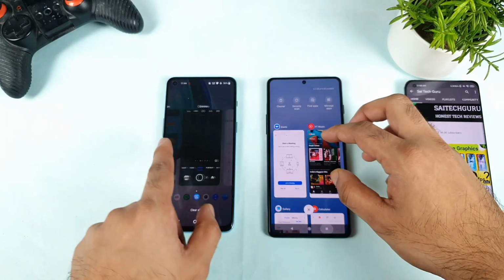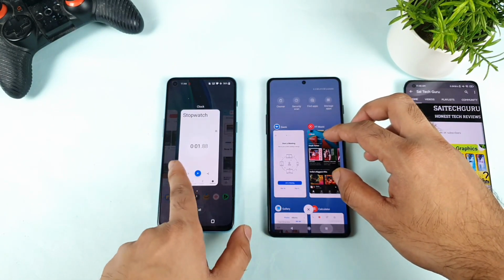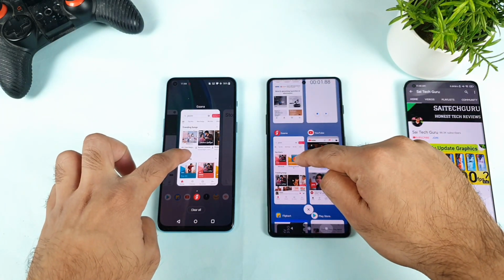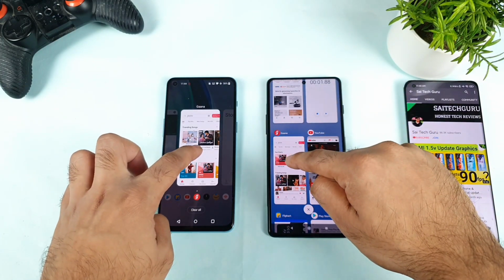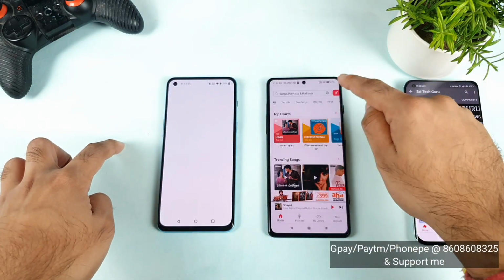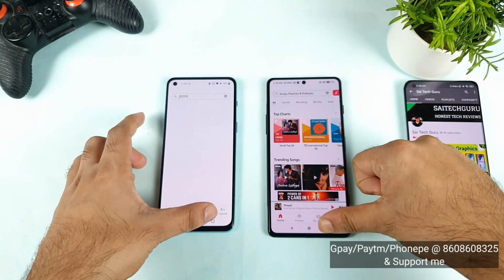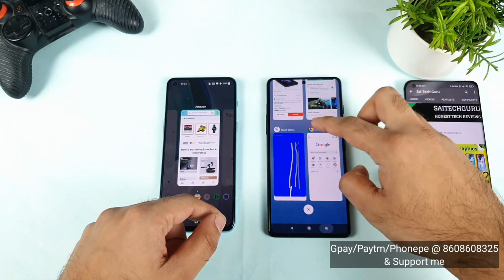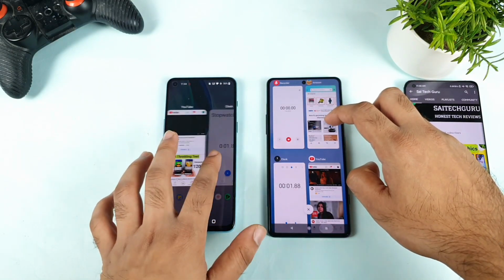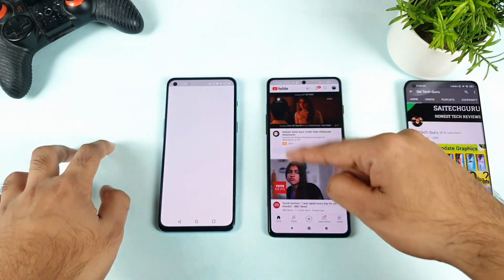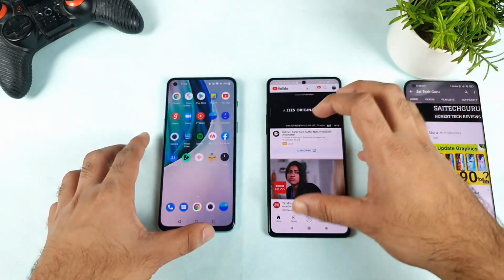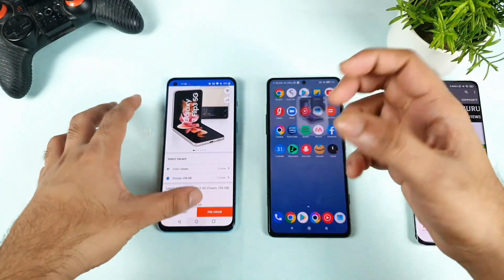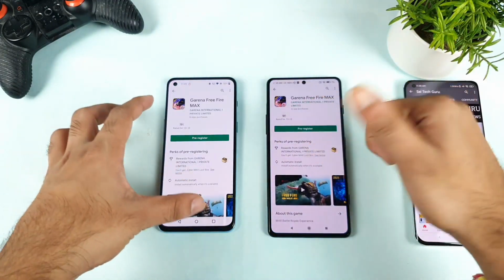And next, let's check the Gaana application. So Gaana should be somewhere around here. Yes. Yeah, Gaana. Let's see. As you can see in the background RAM management, you can actually see Gaana clearly. 1, 2, 3. Perfect. Poco F3 GT, perfectly done. As you can see, the difference how it is. And next, check YouTube. So the YouTube application should be here. 1, 2, 3. As you can see, YouTube, same page as it is. Perfectly done. And Flipkart, same. It was able to load faster, and the Play Store, perfect.